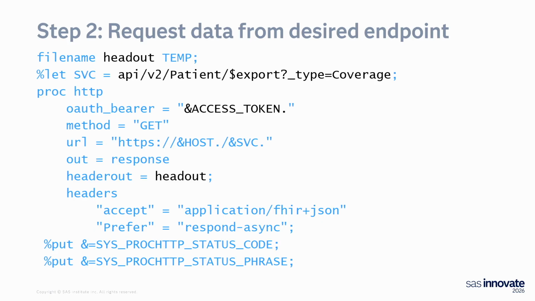One thing to point out, and I won't get into this, is that the HTTP procedure also generates two global macro symbols, which, it's a mouthful, are SYS_PROCHTTP_STATUS_CODE and SYS_PROCHTTP_STATUS_PHRASE, which you can use to make sure that